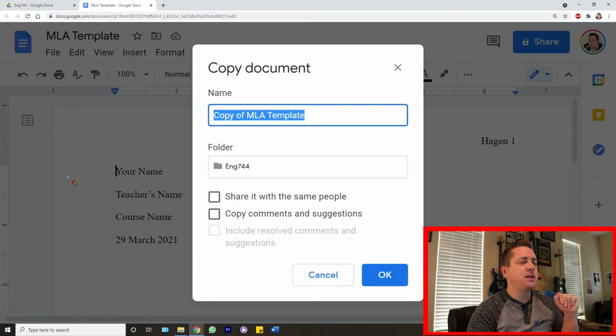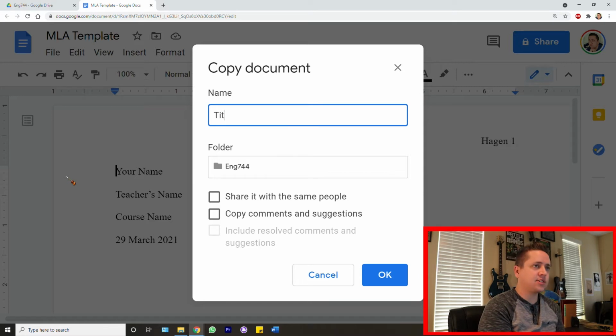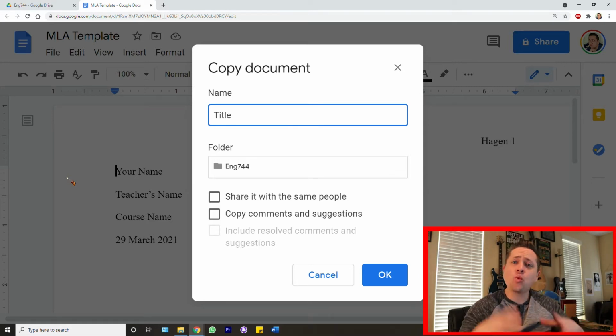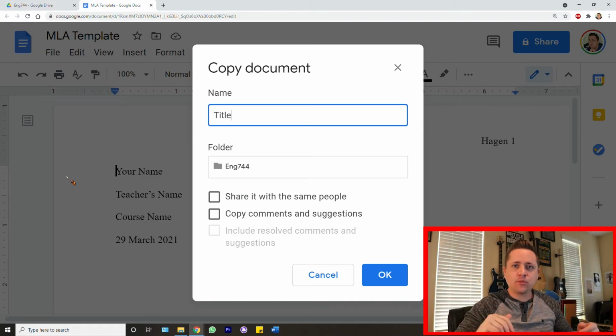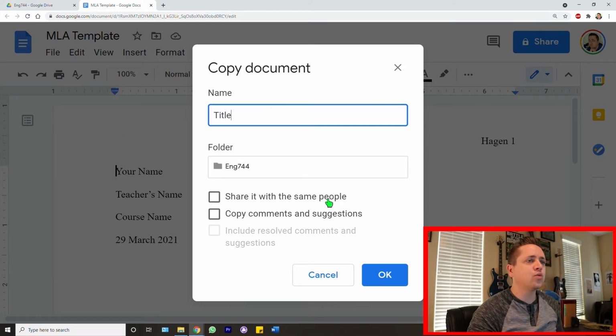File, make a copy. Then in this new file, you're going to title it whatever the title of your essay is, okay? Don't title these writing project 4, writing assignment 3, anything like that. You want to be able to access them later because you might have written something that you want to use for some later paper. You might have some idea that you want to expound on for something, okay? So you want to be able to locate these later. Okay, so you're going to rename it,